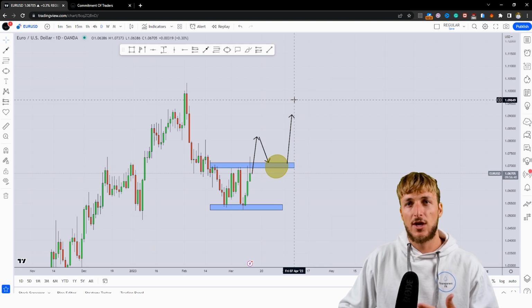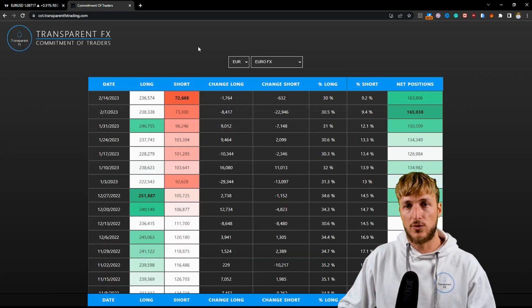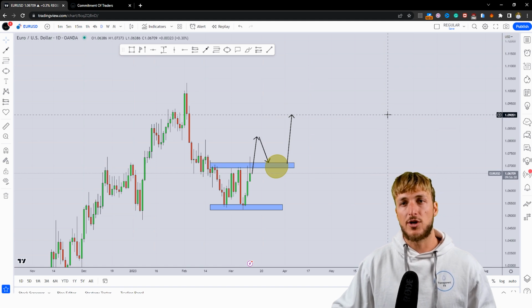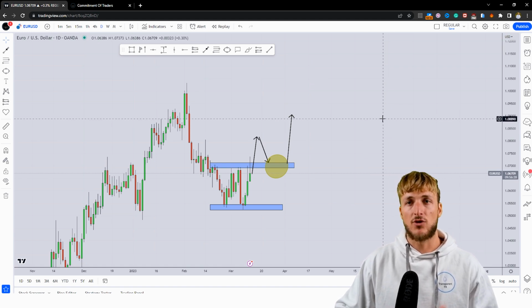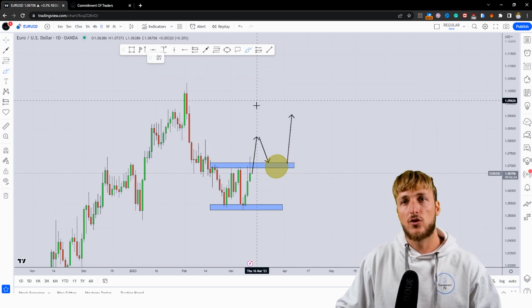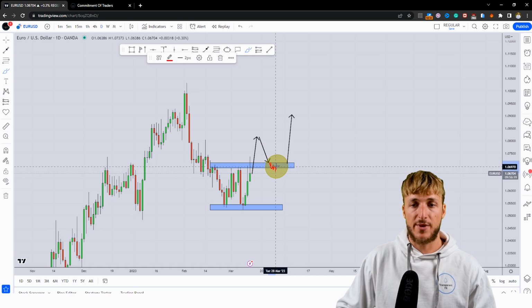Now, as usual, trading is reactive and not predictive. The monthly, weekly, and daily combined with the COT data, those are the best time frames from a directional perspective. However, when it comes to confirmations and entries, the best time frames are the intraday time frames, so 4 hour and lower. Therefore, what we could be doing is monitoring price action from an intraday perspective during this move to